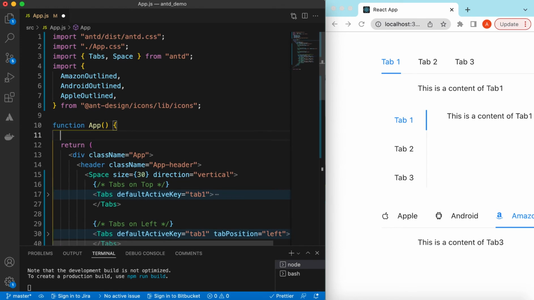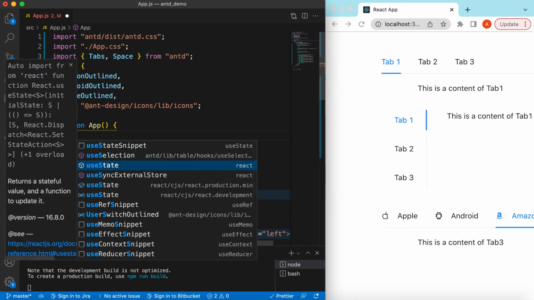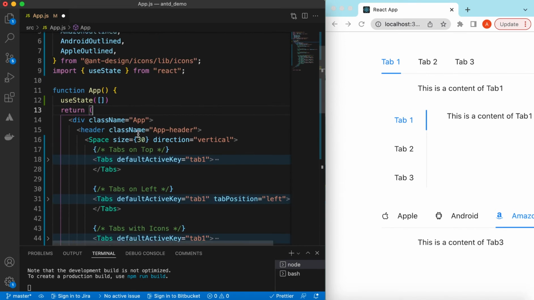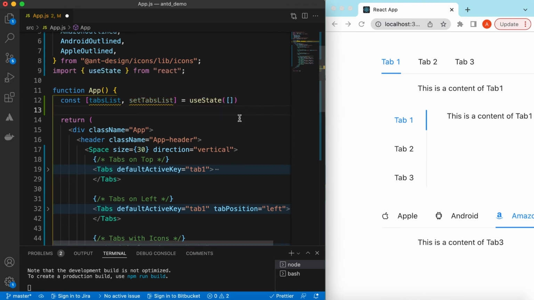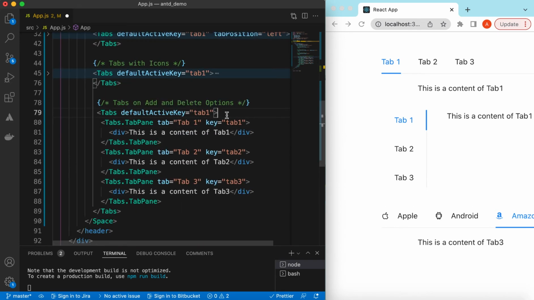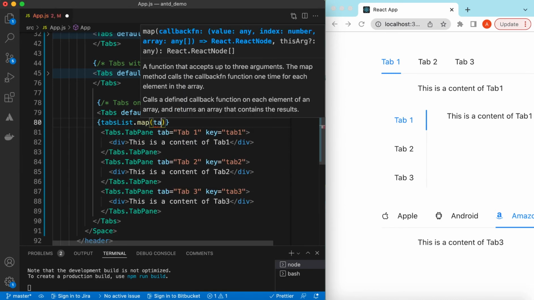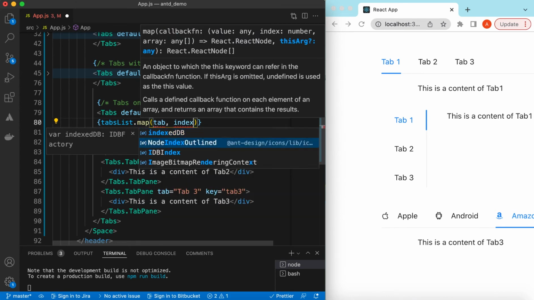So let's declare a state here. We can say useState with by default maybe 1 or 2 tabs in that, or by default maybe empty. So we can say const tabsList, setTabsList, and by default is empty. Okay, here instead of hard coding we can say tabsList.map, and for each tab, comma index,